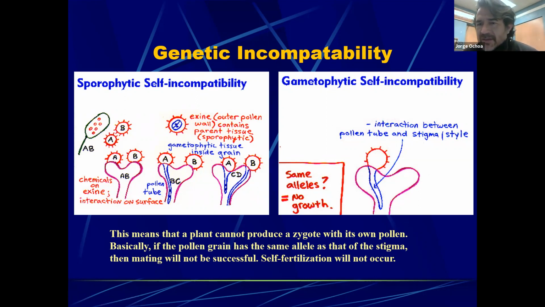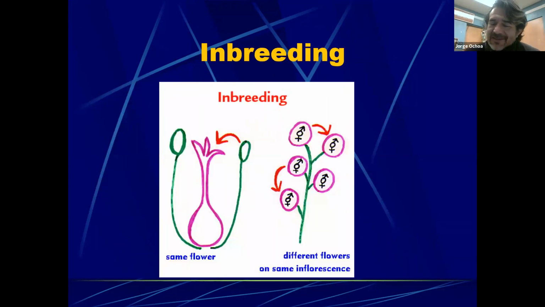So what's important is that there are genetic barriers within the stigma that prevent the wrong pollen or the pollen from the same flower to fertilize the eggs. That's what plants do not want. Because then it's going to lead to inbreeding, and inbreeding is going to eventually cause plants to be weaker, and that's what they don't want.